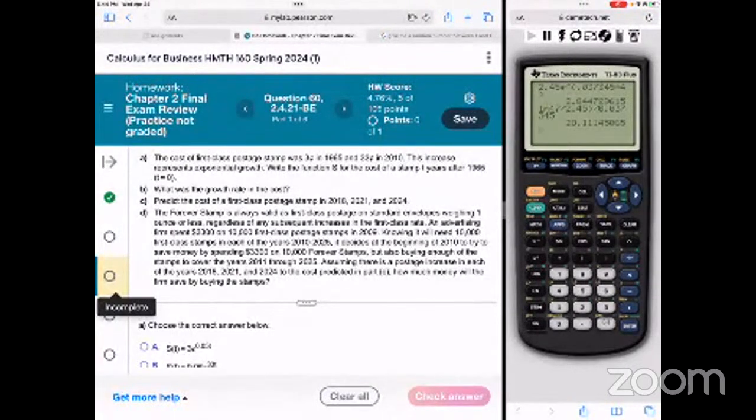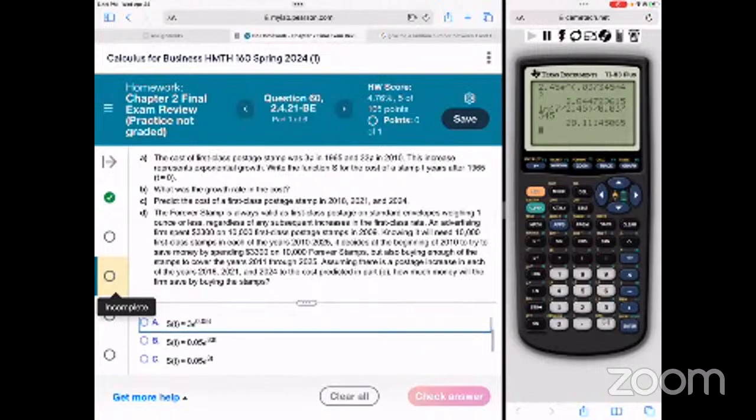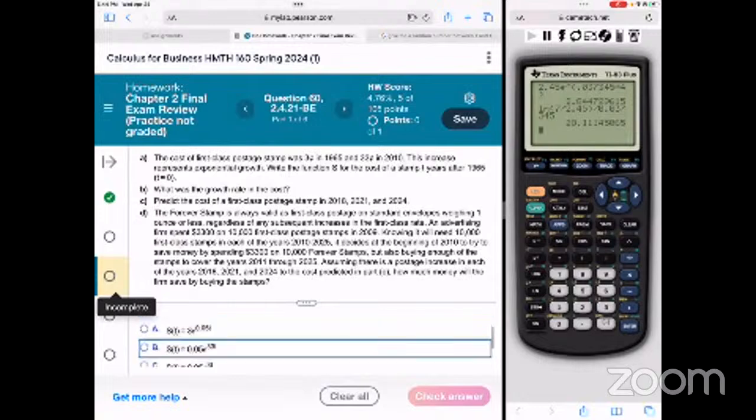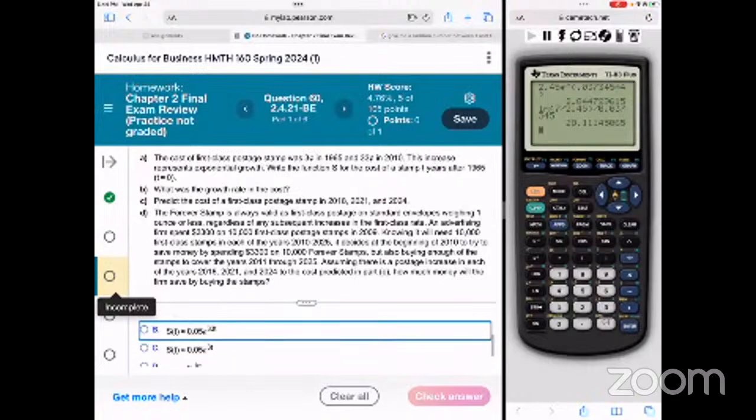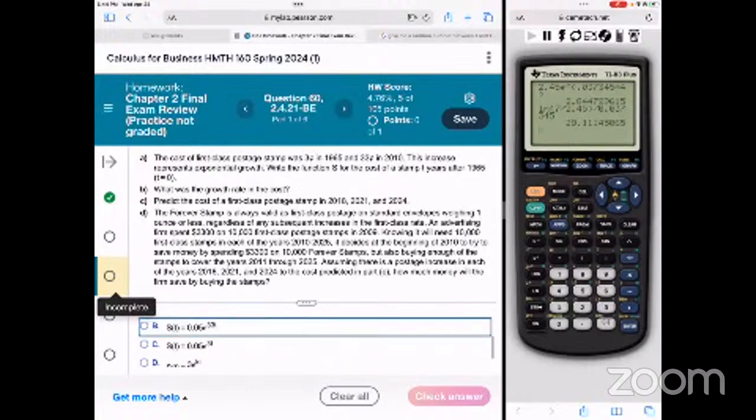Let's see. It's multiple choice. 65 is 3 cents. Okay, that's fine. So it looks like it's either A or D. Let me think. What's the difference? KT in this case represents... Let me see. So we got our A naught times E to the KT. So we're probably trying to solve for K.